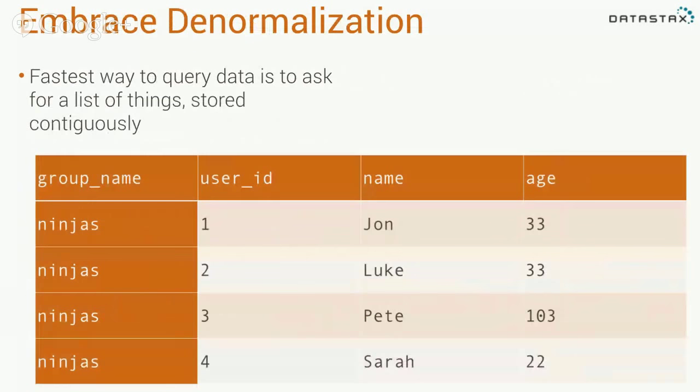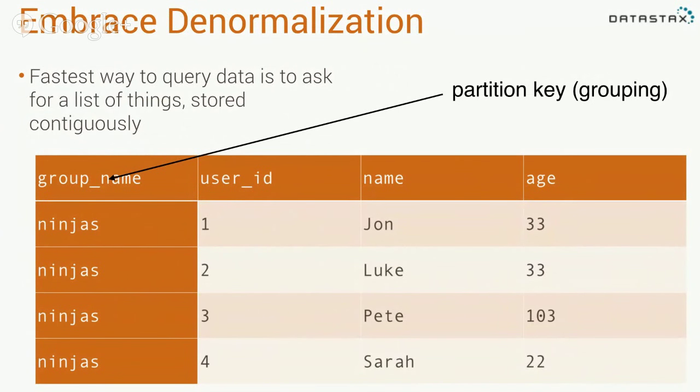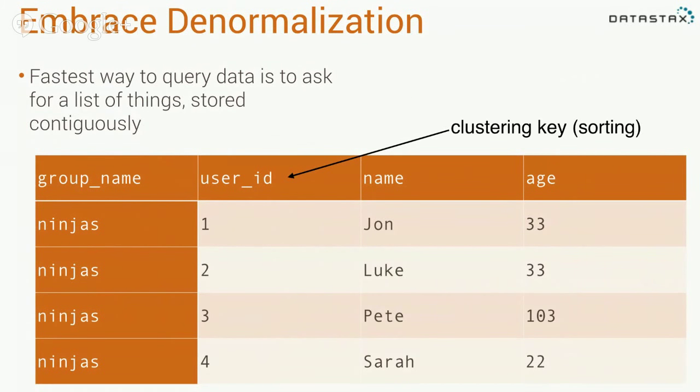So here's an example. This is 1 partition out of a table that was groups. All right? Think about this as like Facebook groups. My group is ninjas. Okay? So this stuff is all 1 partition. We've got our partition key over here. That's our group name. And we have ninjas that live inside this. And then we have our clustering key, which is our user ID. The rows are going to be sorted. When I do a query, I'm going to get back all 4 of these things in this order.